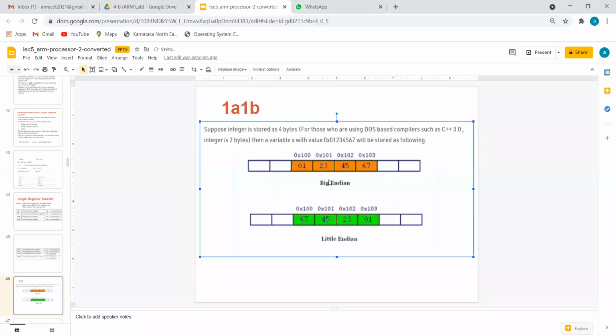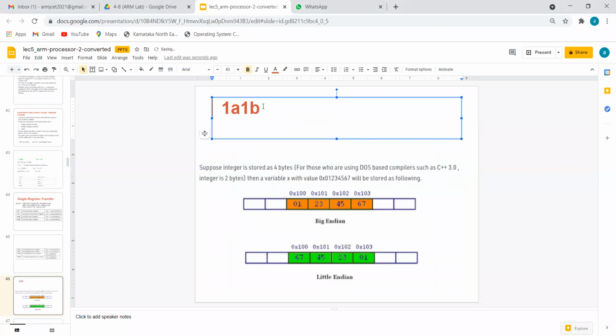Now, what are the two locations you selected? First location 1C, next location 1D, right? What is this location? It's the little location, and the other one is the big location.